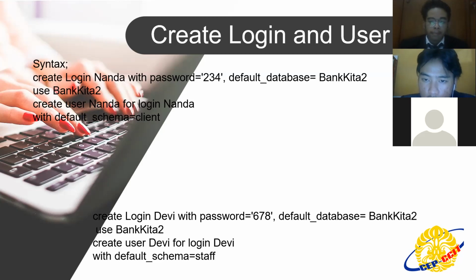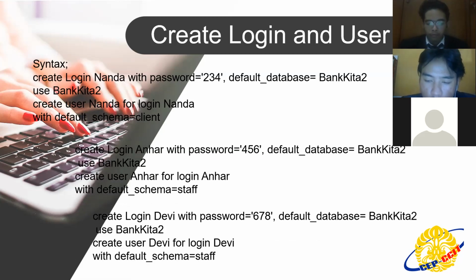After create login, the next step is create user Nanda. For create user, you must bring Nanda for login Nanda. Before that, you have to create login Nanda and the password.